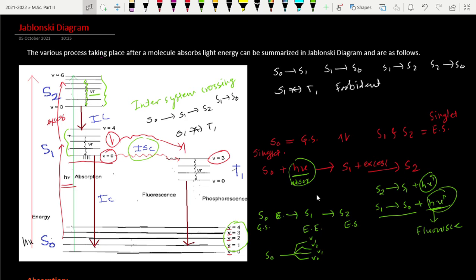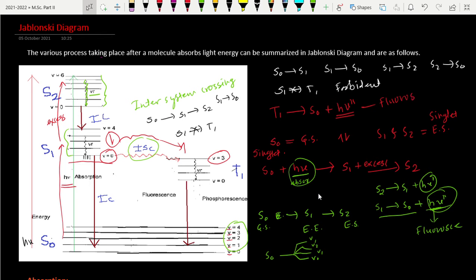So again, when the electron comes into the triplet state, it has different vibrational energy levels, and the electron undergoes some vibrational relaxation. After that, sometimes the electron comes from the triplet state to the ground state. Here the electron comes from the triplet excited state to the ground state with the emission of energy. Again, energy is emitted by this one. So that particular emission is known as fluorescence.